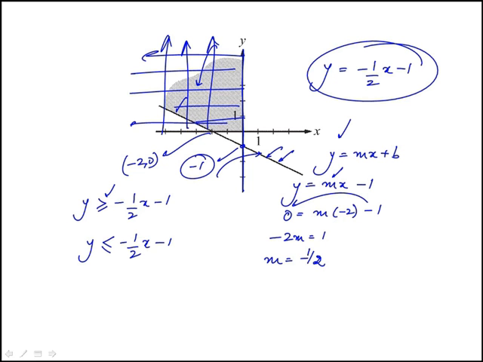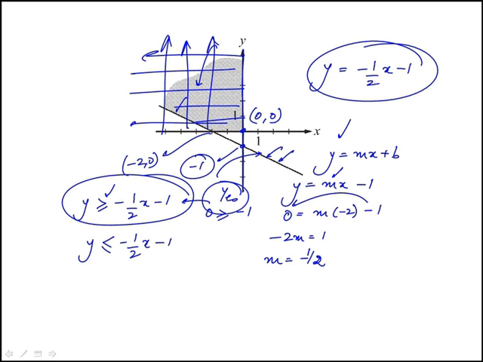So to identify which of the two halves represents this, we use the origin. If we replace y and x with 0, we get: is 0 greater than or equal to -1? Yes. So this half plane, because it contains the point (0, 0), represents